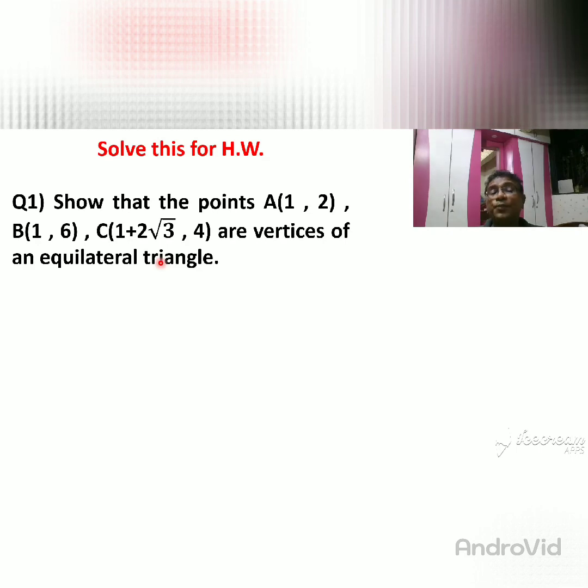So if you want to prove that it is equilateral triangle, then your answer, whatever be the AB, is same to BC, BC is same to AC. Means all the three side distance must be same. So if you are finding all the three side distance are same, then it is equilateral triangle. Is that clear? It is very simple. So I think that with using distance formula, you can easily prove that it is equilateral triangle.